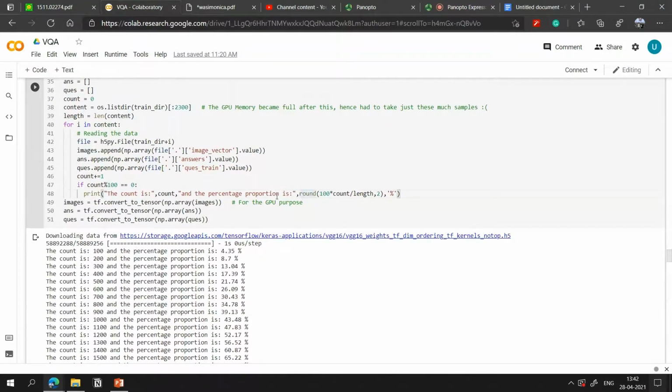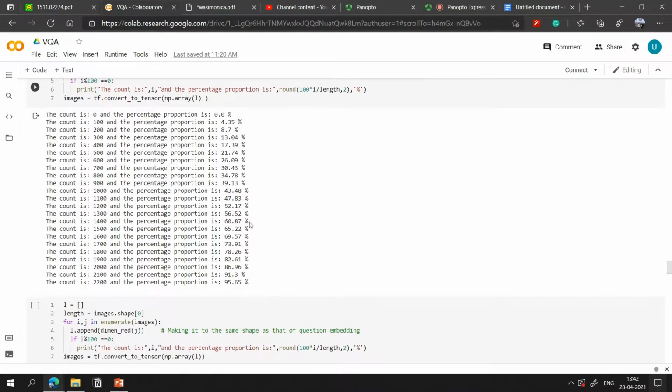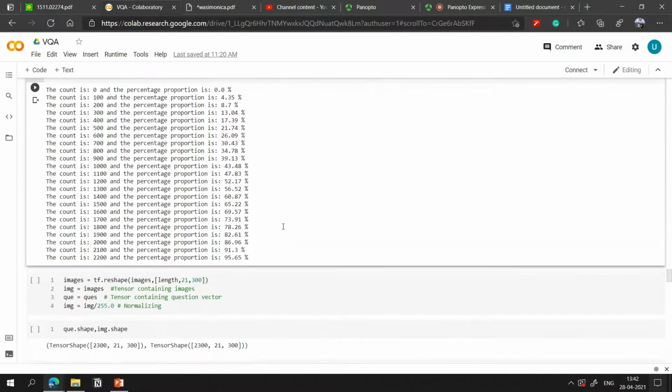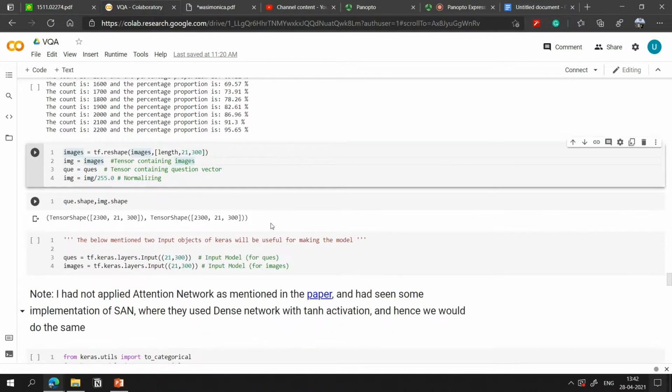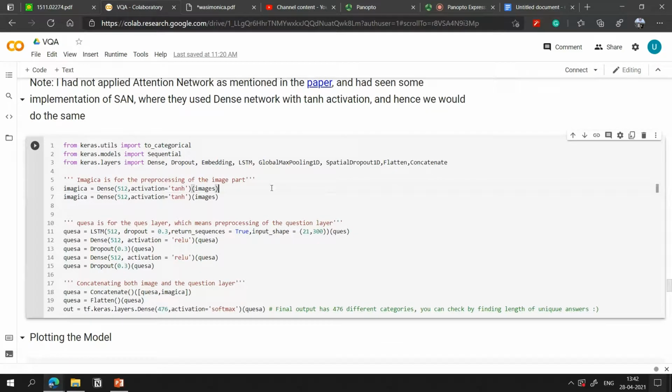This is the loading of the data, and reshaping. And then this is the part creating a model. For matching the dimension of the image to that of the question, this is the thing.